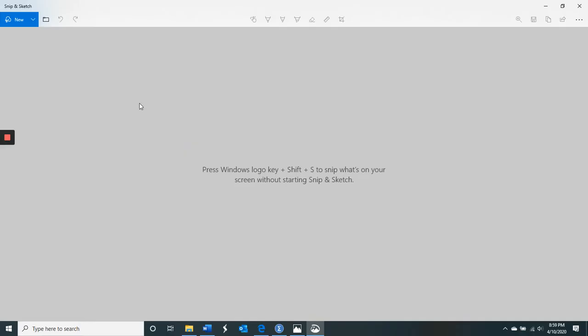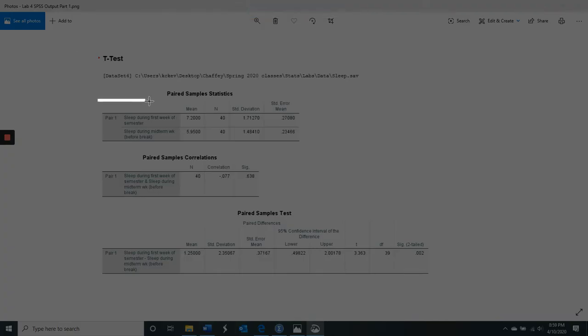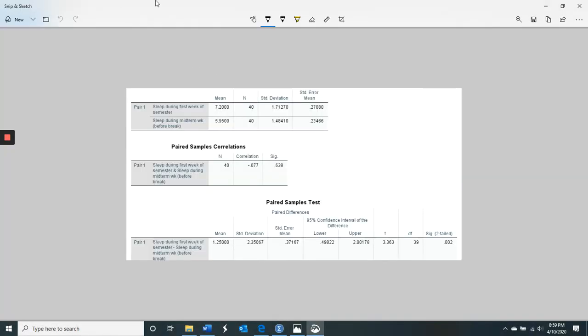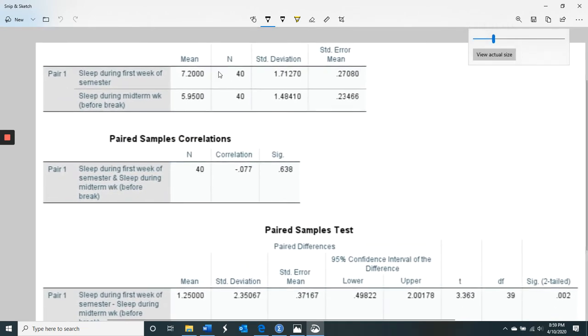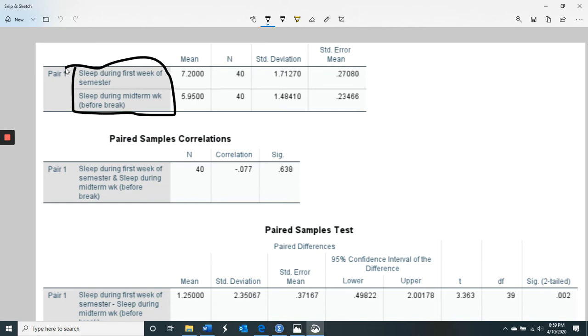And that's part 1. Let me do the same thing for this one, and I'll expand it so it's easier to see. Okay, here we go. So we're not comparing two groups in this case. We're comparing 2 times for the same people, first week versus midterm week in terms of sleep. We see the means here. And just looking at the means, it looks like people got more sleep during the first week of the semester versus the midterm right here. And then we have the standard deviation. It looks like there's something going on, but we don't know unless we look at the